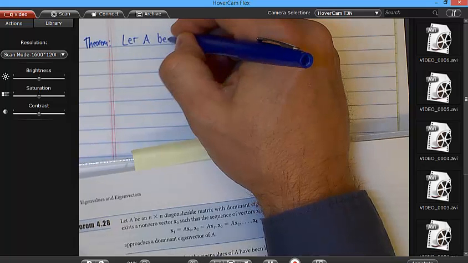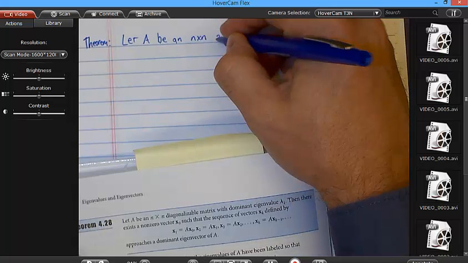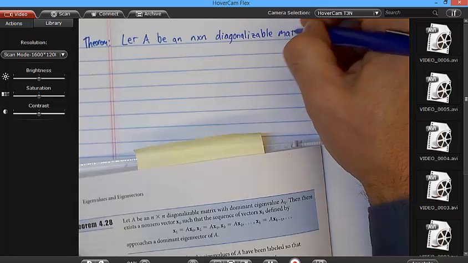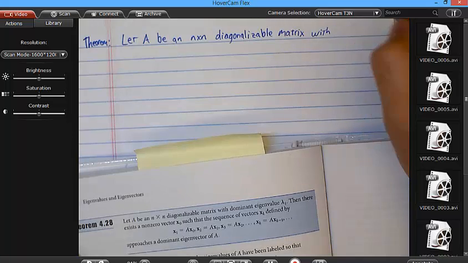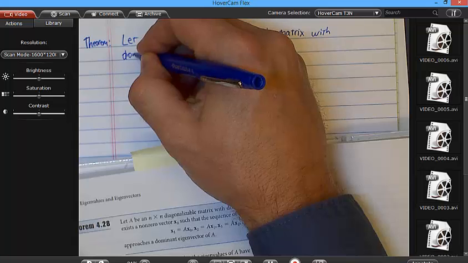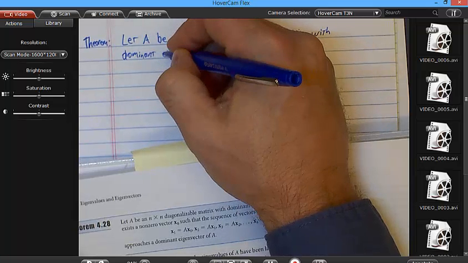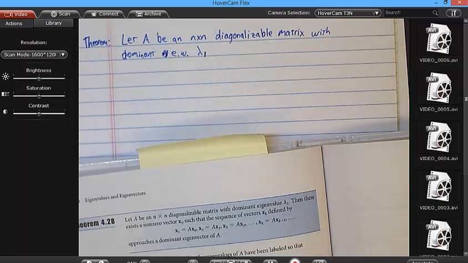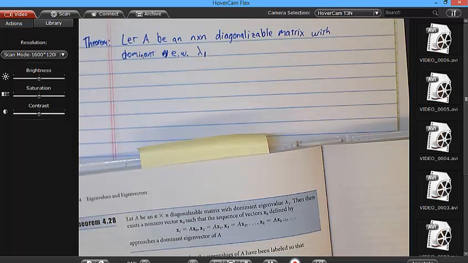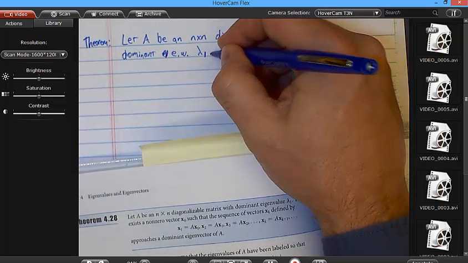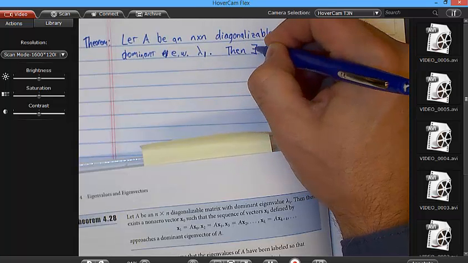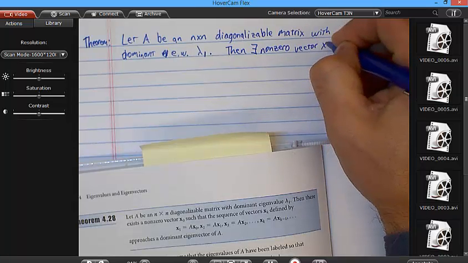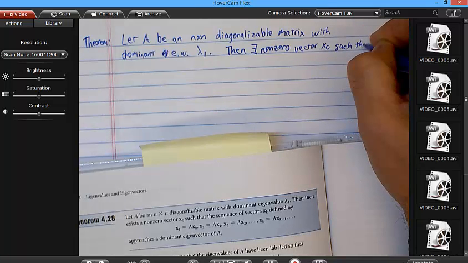Let A be an n by n diagonalizable matrix, with dominant eigenvalue lambda 1. So lambda 1 is somehow the biggest eigenvalue, biggest in absolute value. Then there exists a non-zero vector x naught such that